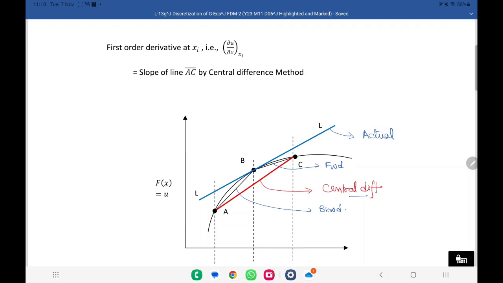Okay, so what we do today is we'll first recap what we have done yesterday and then proceed. Okay, so yesterday what we were trying to do is